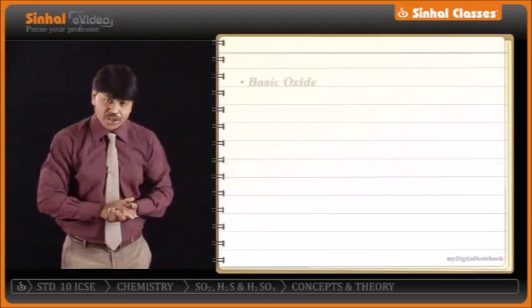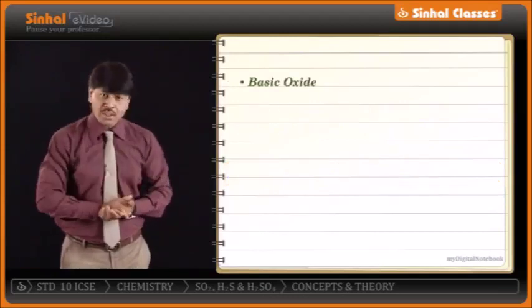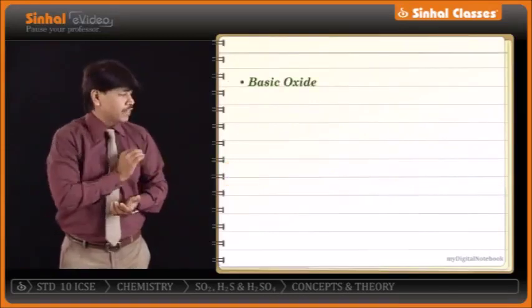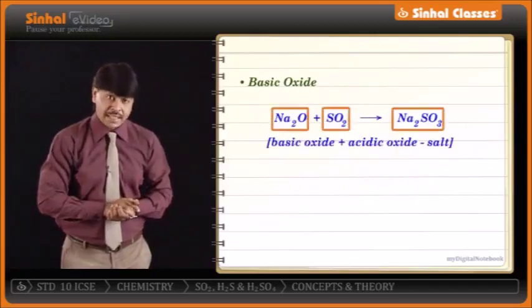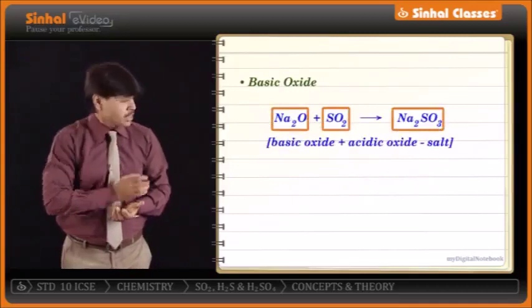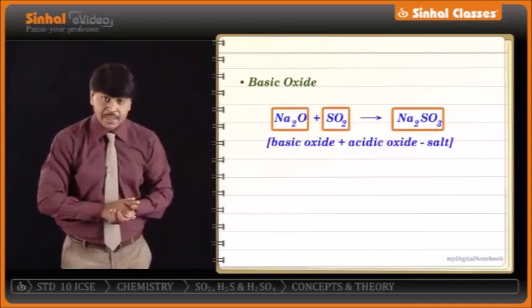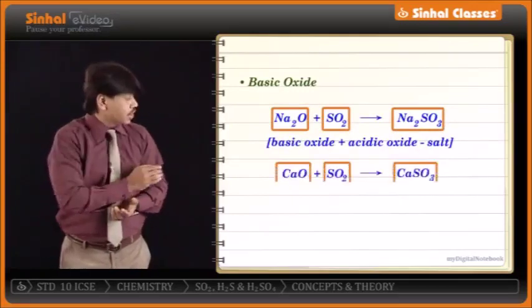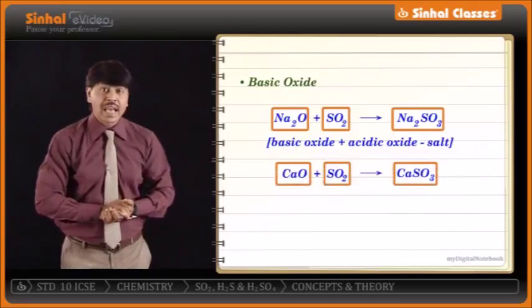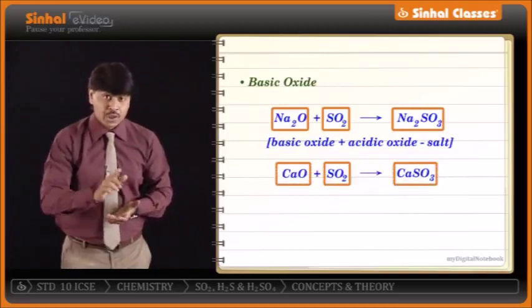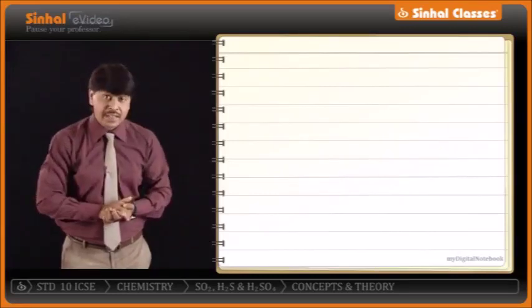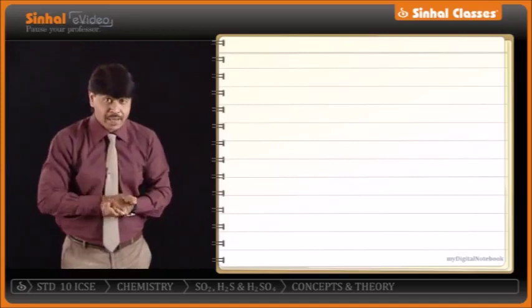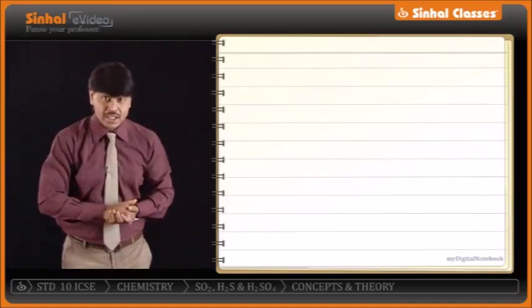When we take a basic oxide such as sodium oxide, Na2O, treated with SO2, we get sodium sulfite, Na2SO3. In a similar manner, if we take lime, that is calcium oxide, treated with SO2, we get calcium sulfite, CaSO3. Note that the reaction of calcium hydroxide, slaked lime, can be used as a test for